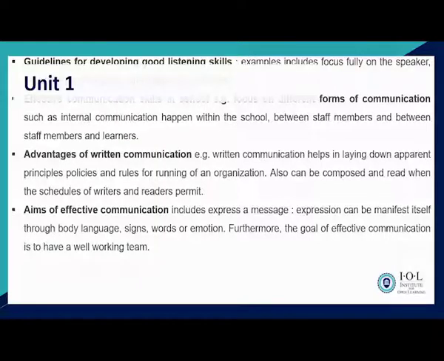The aims of effective communication. Why do we need effective communication? Effective communication is to make sure that you express the message clearly. Expression can manifest itself through body language, sign language, words, or emotion. Effective communication depends on the mode of communication through which we are passing our information. If you are angry, I can tell, oh, this person, something must have happened. If you are throwing strong words at your learners, then the learners know maybe something is not well with this madam or this sir